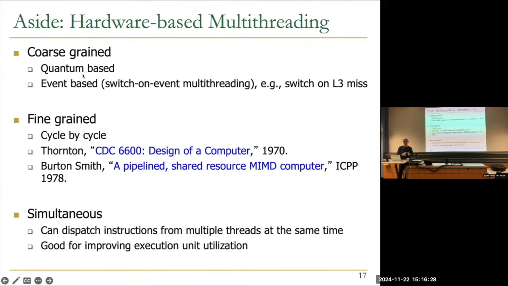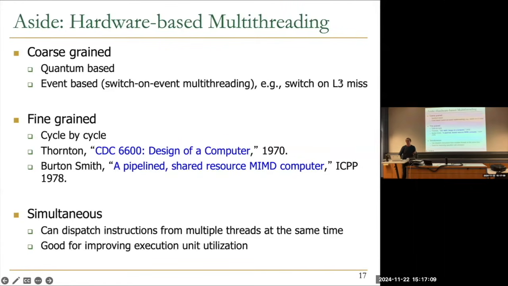Coarse-grained means you have a single processor and you time multiplex multiple threads, multiple tasks on it. It could be based on time quantums, and that's what happens in today's systems, right? You switch to another thread after some milliseconds, and the operating system has a scheduler for that. Or you switch to another thread based on some event happening. This thread yields, for example. You can explicitly yield the processor. That notifies the operating system that the processor has become schedulable, and the operating system schedules another thread on it. Or it could be done at a finer granularity, event-based, which is also called switch-on-event multi-threading.